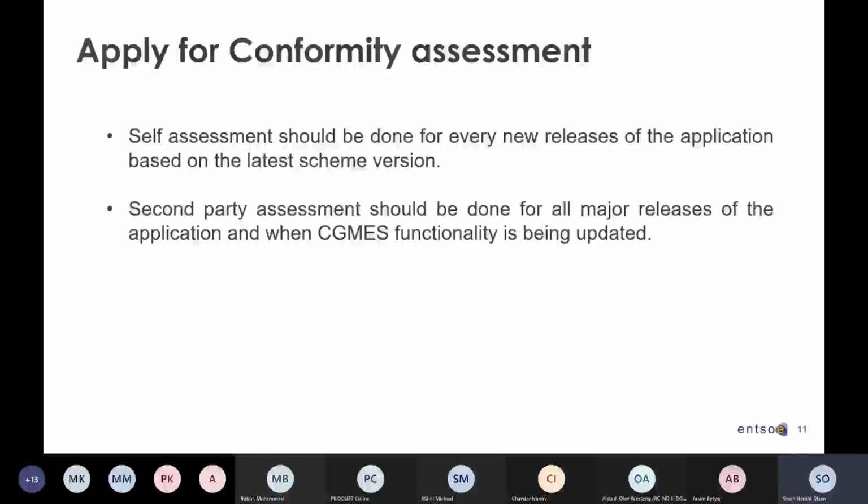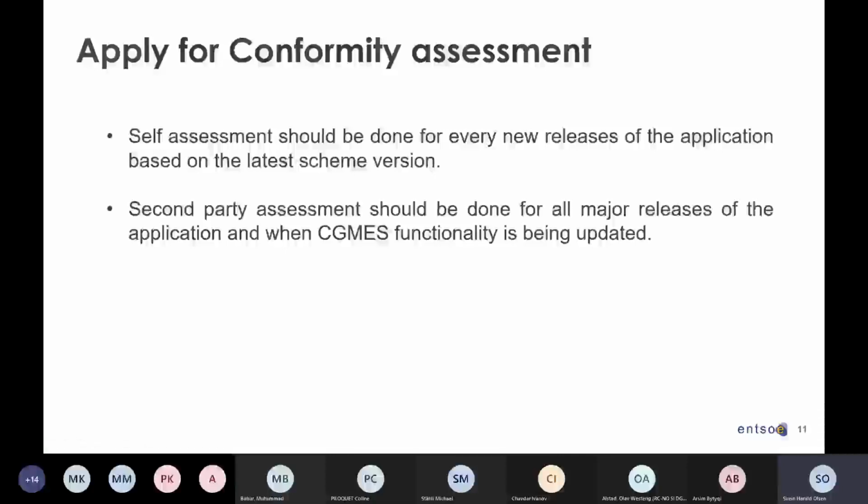So if we make any update to the schema, we will try to notify as early as possible that we are planning to make an update, what has been updated, and to some extent we will understand some kind of grace period. But in general, what we're trying to do is solve any issues. So bug fixes are fixed as quickly as possible. So keep an eye on the site.